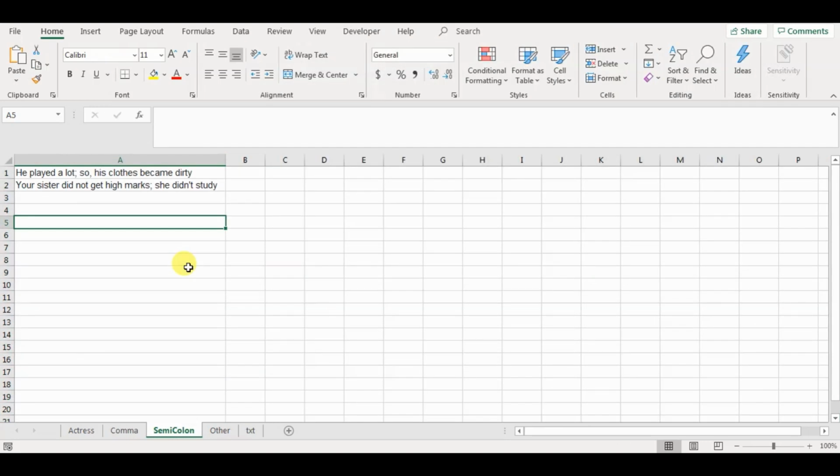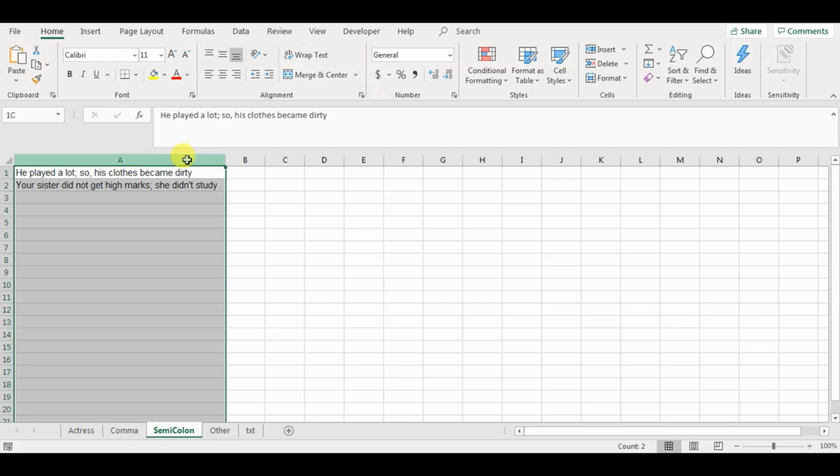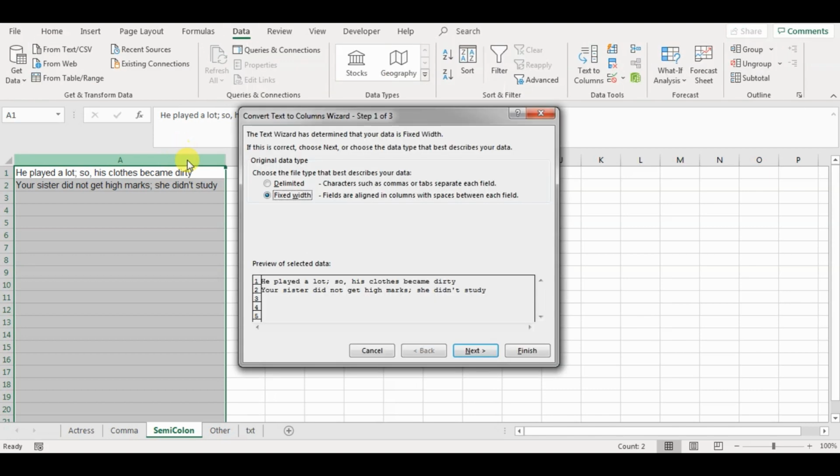Now here I have an example that includes spaces, semicolons and commas all together in the given text. Let's say I want to split the text into different columns on the basis of both comma as well as semicolons together. So obviously our first step would be to select the column that includes the text. Now giving you the shortcut, press Alt A E on the keyboard and the wizard would pop up.